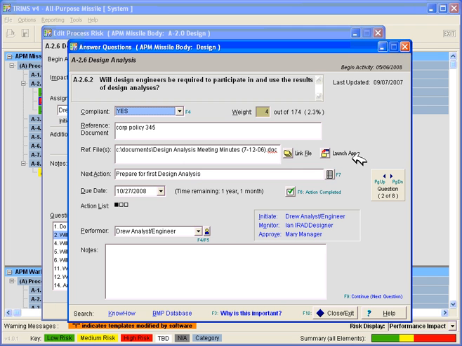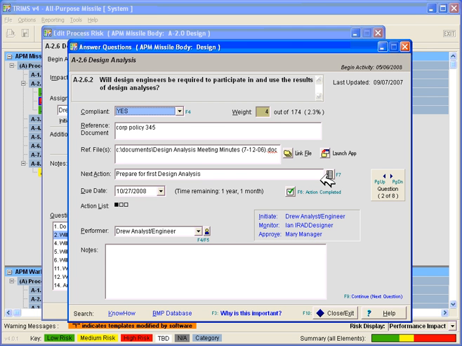The next major item is the Next Action field. Another one of TRIMS' important principles is the idea of continuous review. It is not enough for a risk management program to answer all of the questions once. To successfully mitigate risk, you have to return to each question on a periodic basis and make sure that you